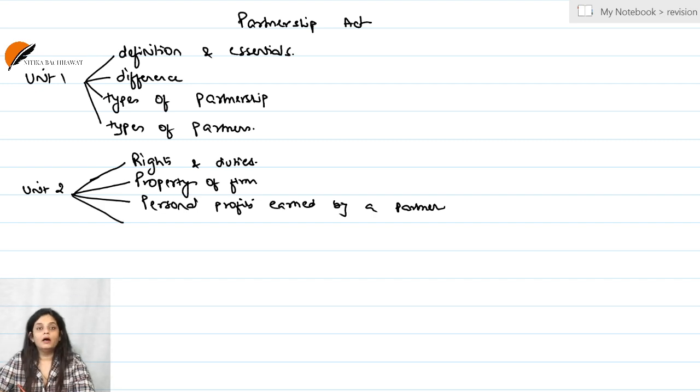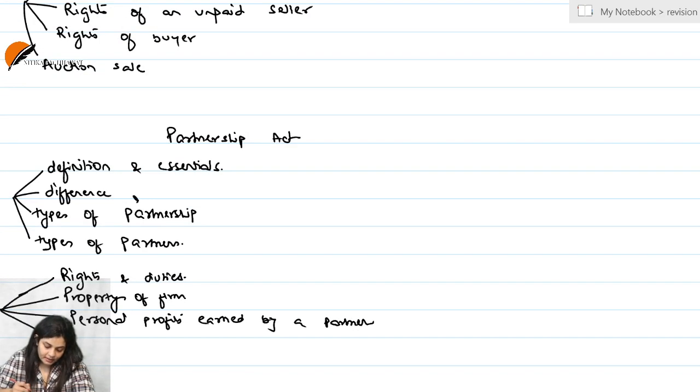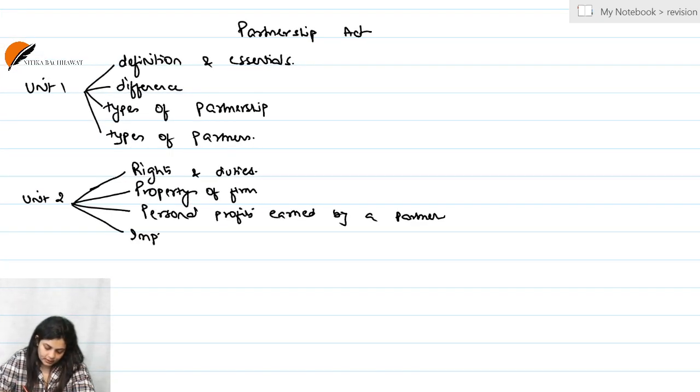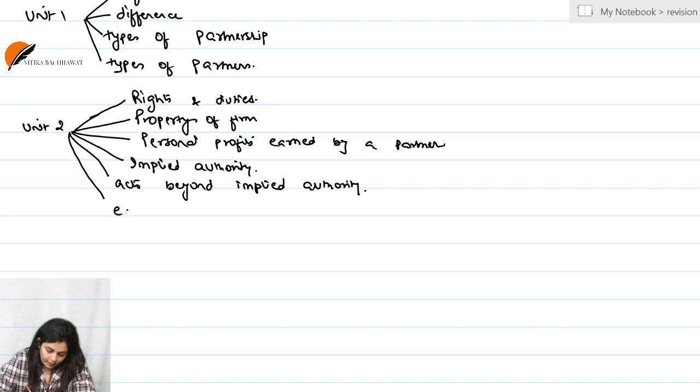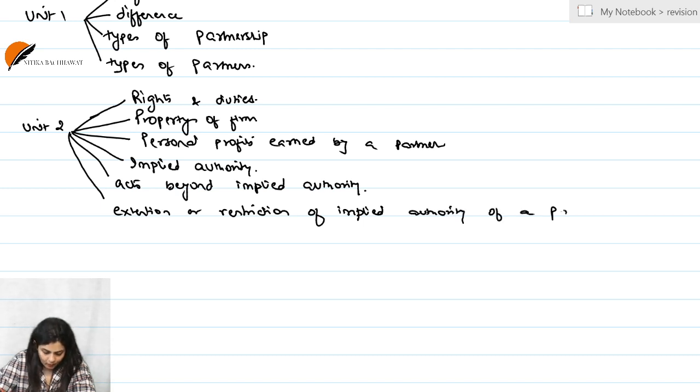Then after that, we had done the implied authority of a partner, then acts beyond implied authority of a partner, extension or restriction of implied authority of a partner,